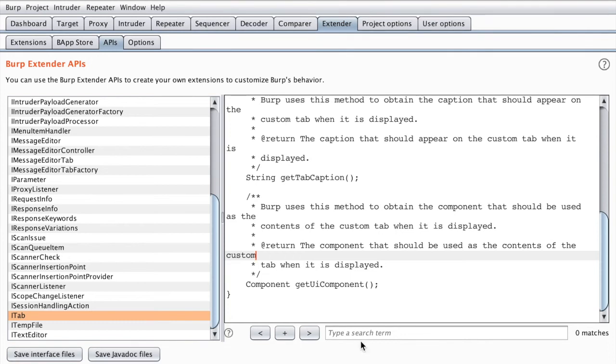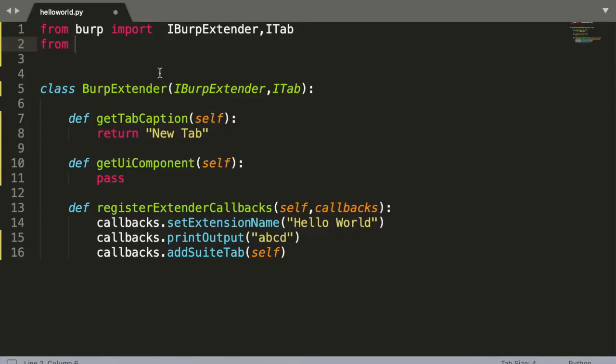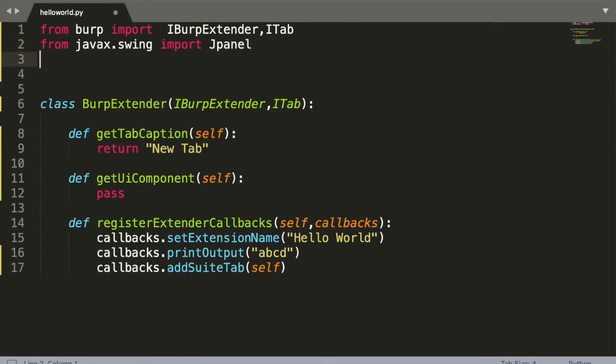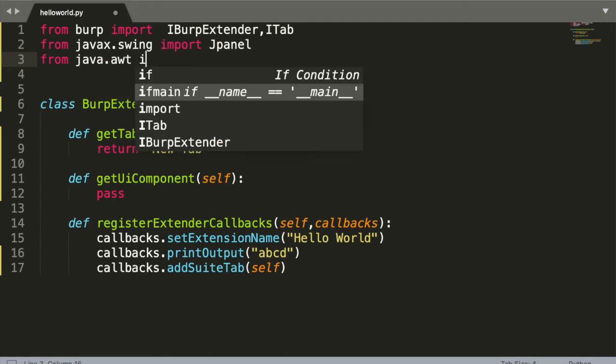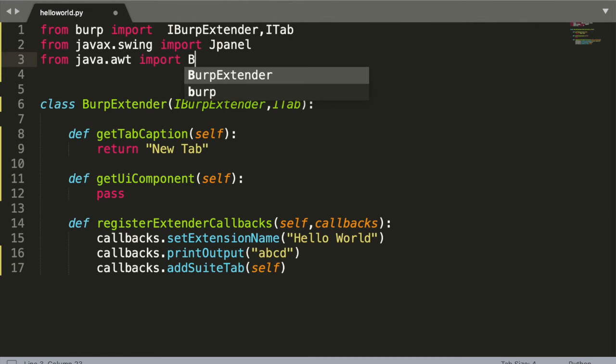Also, as it is a Java thing, we need to import Swing objects. So we'll be importing from javax.swing, I'll be importing JPanel. Also, I'll be importing the layout, and the layout can be found at java.awt. I'll be importing BorderLayout.